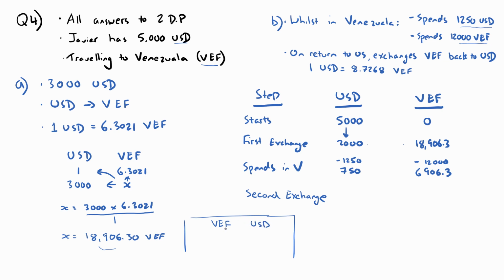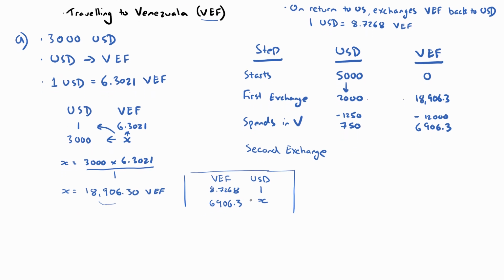And then we put the exchange rate on the second line. So 1 US dollar gives 8.7268. We were given that in the question. And then the third row is the information that we're either given or trying to find out. So we know that it's 6,906.3, and he's converting this back into US dollars. So this is an unknown X. Okay, and then from here, I'm just going to give myself a bit of room. X will equal, we multiply the two numbers that are beside it and above it. So X will equal 6,906.3 times 1 divided by the number that's diagonal to it,